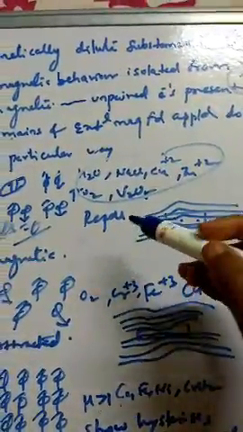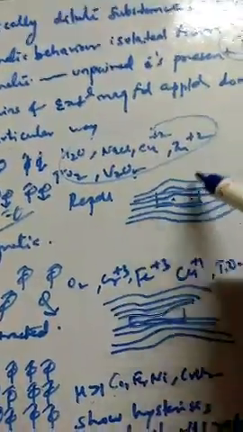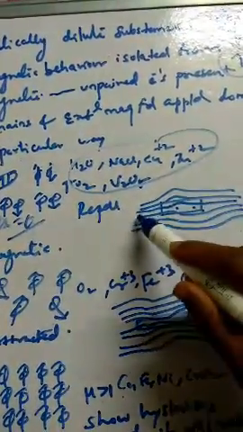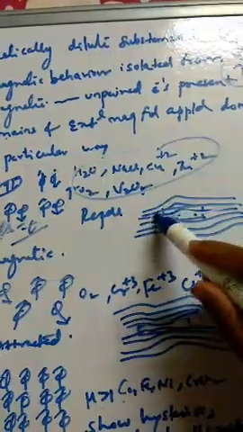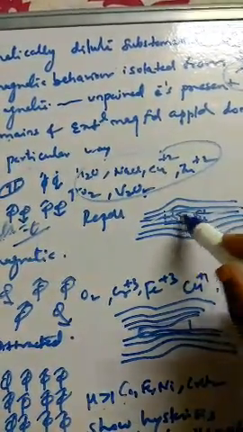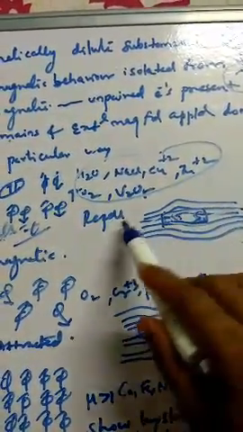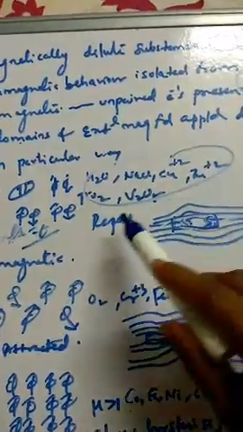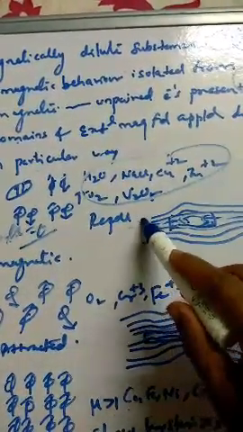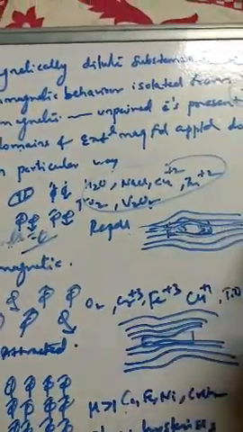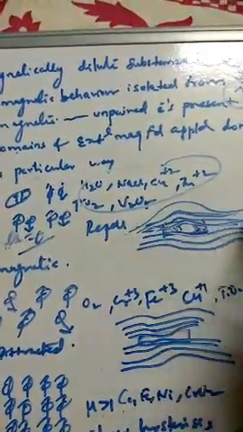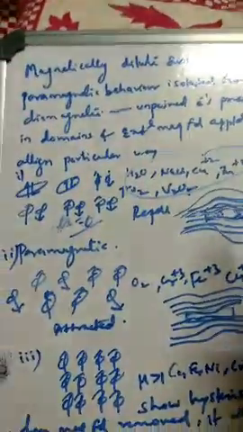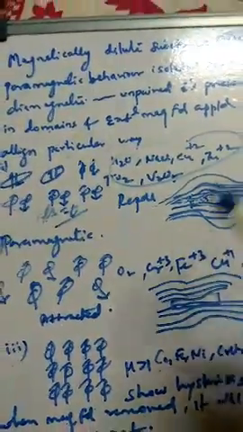As we know, they repel. Since they are diamagnetic, they don't get attracted to the magnetic field and they get repelled. If this is a north-south magnetic bar, when we pass the field here, it is repelled like this. They go outside, they are not attracted in the field, they get repelled. So this is one property of the diamagnetic nature.